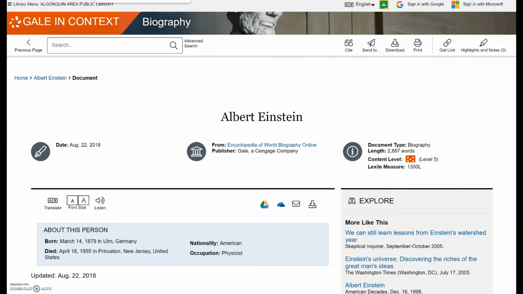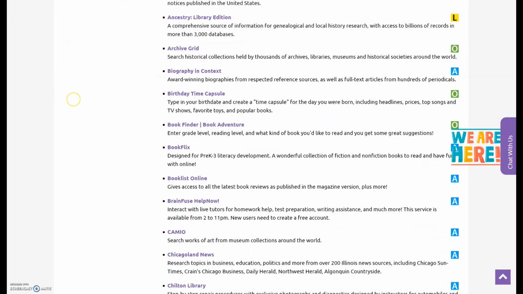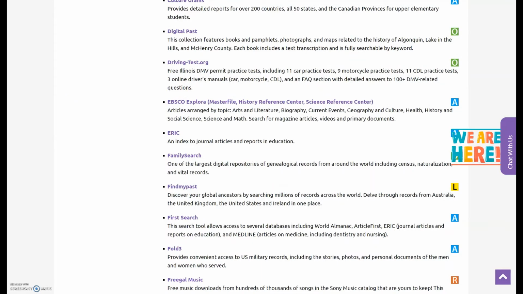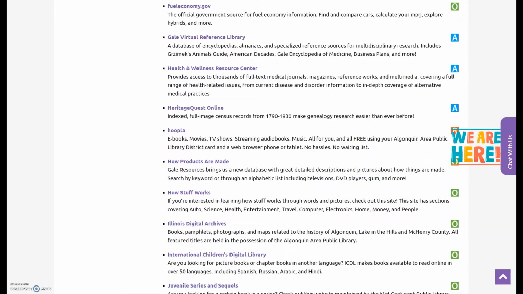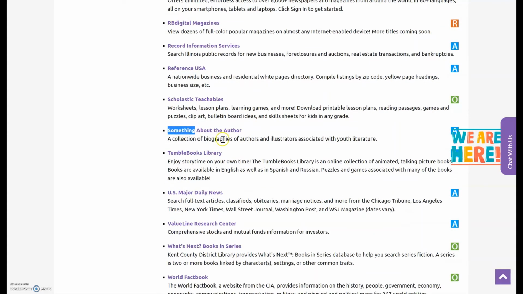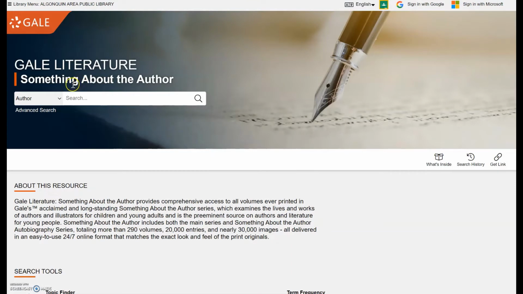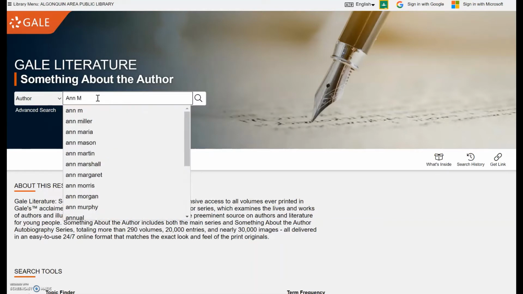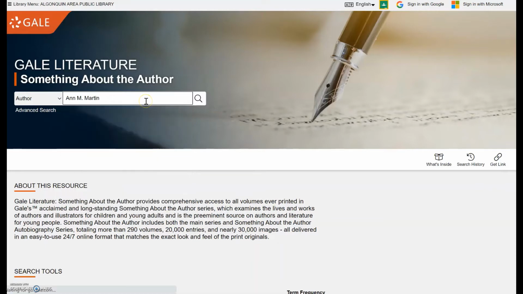And then there is one more resource that is more about biography type stuff. It's just more for authors and writers. I'm going to scroll all the way down to right down here, Something About the Author. So this is from the same company as that Biography and Context. It is just about authors, and that's it. So let's see, who should I search? Maybe I'll search Anne M. Martin